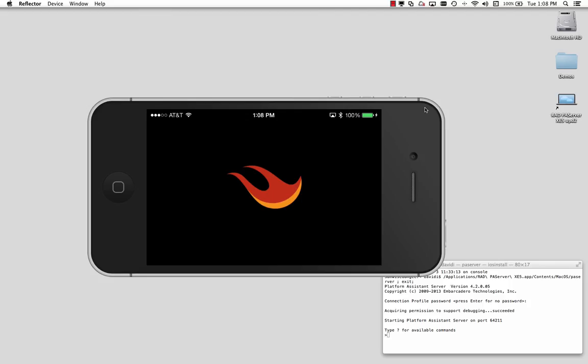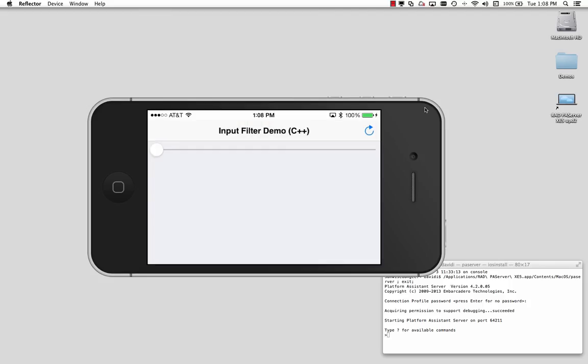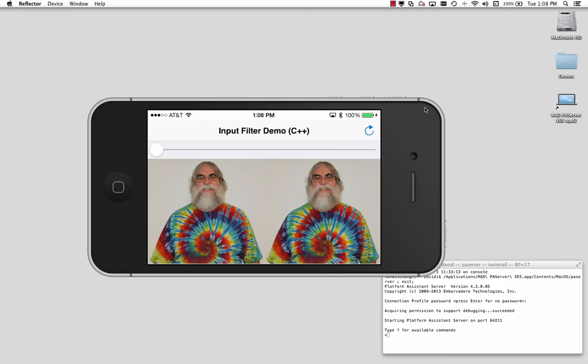So here comes the splash screen of our application, and now we've got the user interface of our application running on my iPhone 4S, which is running iOS 7.0.4. We can click on the speed button to load the image. There's the David I. tie-dye image, and we can use the trackbar to set the percentage of sepia that is